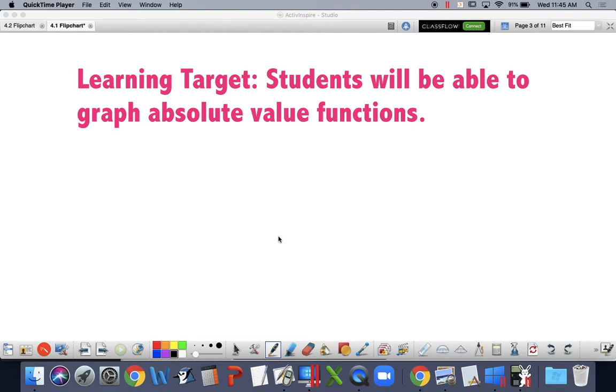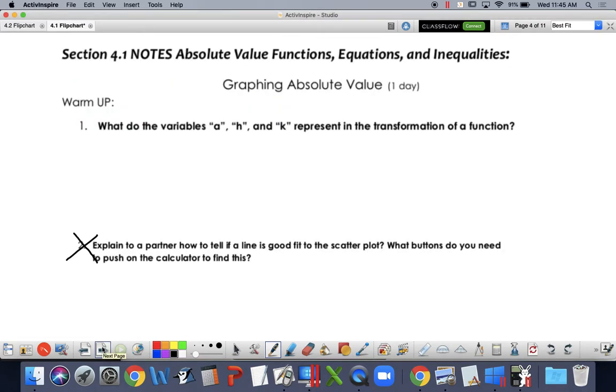All right, so like I said, today's learning target is all about graphing absolute value functions, and we're going to try to graph it without the calculator, but I will show you how to plug this into the calculator as well. So looking at our first warm-up question here, I'm going to just write out, for a function,